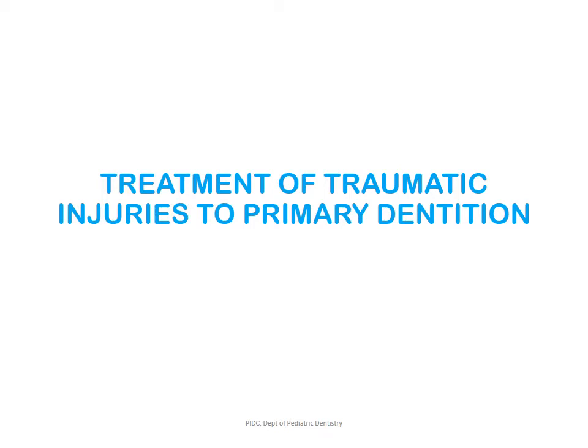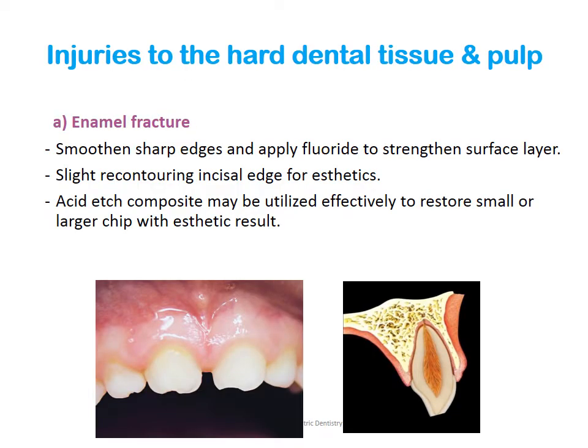So moving on to the treatment of traumatic injuries to the primary dentition. The first type of injury is injuries to the hard dental tissue and pulp. The first one being the enamel fracture. An enamel fracture is, as you can see in this picture, chipping of the incisal edge in 5-1 and 6-1 and even